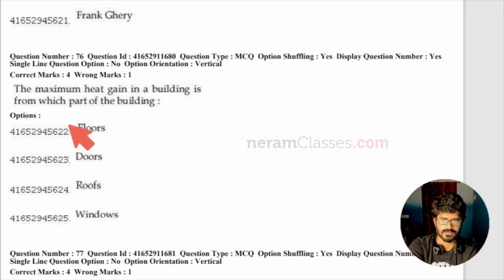Question number 76 is, the maximum heat gain in a building is from which part of the building? Floor, doors, roofs, windows. So this is a very contradictory question every year. Students tend to ask me doubt whether it is roof or windows. Doors and floors are not the answer, but you will be getting confused about roof and windows, because you tend